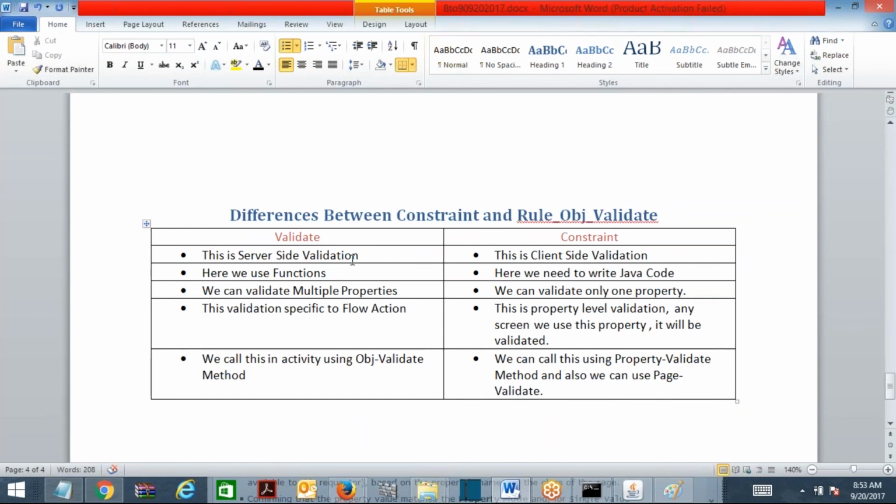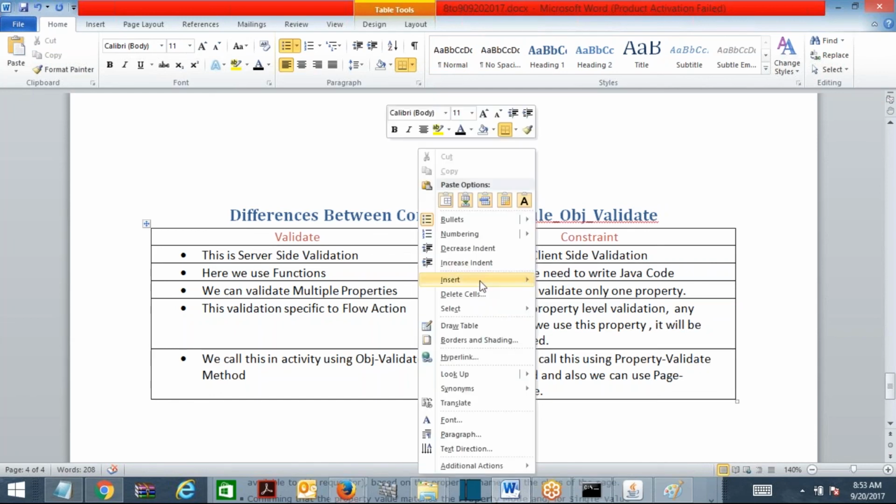First point, constraint is a client side validation. Sorry, validate is a server side validation, and constraint is client side validation. Here we use functions, and here also we use functions. We can use functions as well.